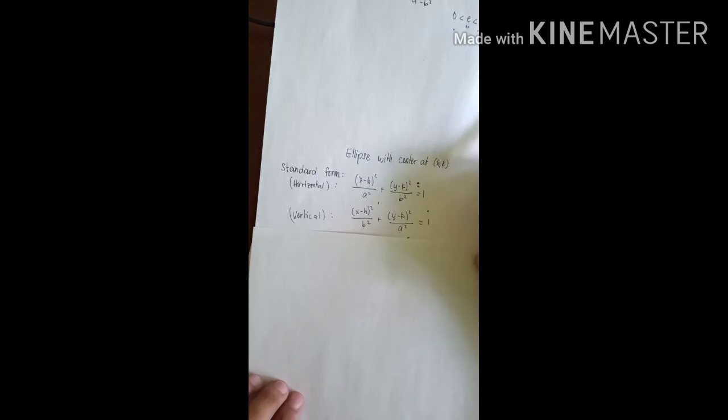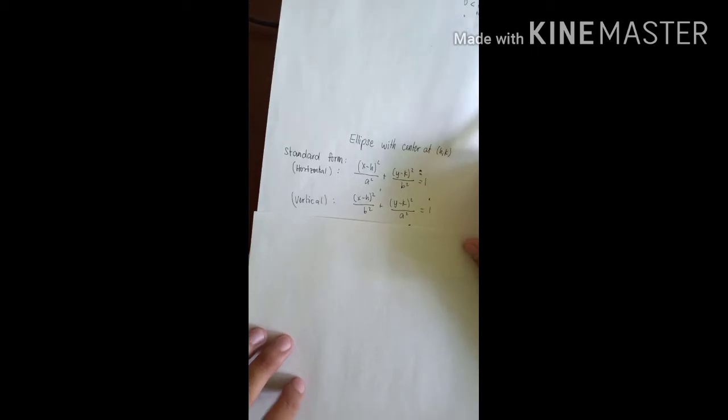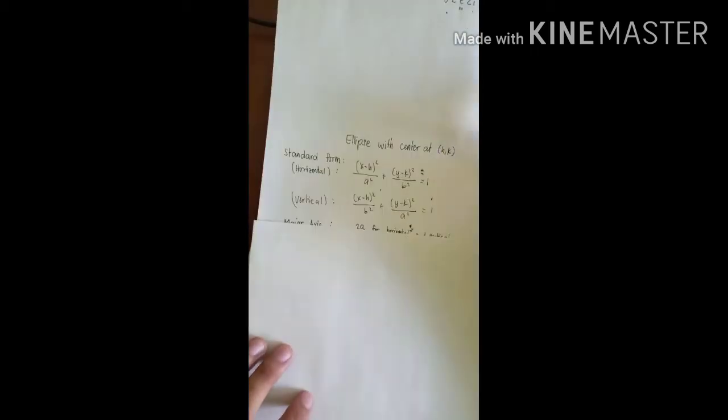So the standard form for horizontal is x minus h quantity squared over a squared plus y minus k quantity squared over b squared is equal to 1. So take note, equal to 1 pa rin siya. Next, for the vertical, x minus h quantity squared over b squared plus y minus k quantity squared over a squared is equal to 1. So take note, same pa din na